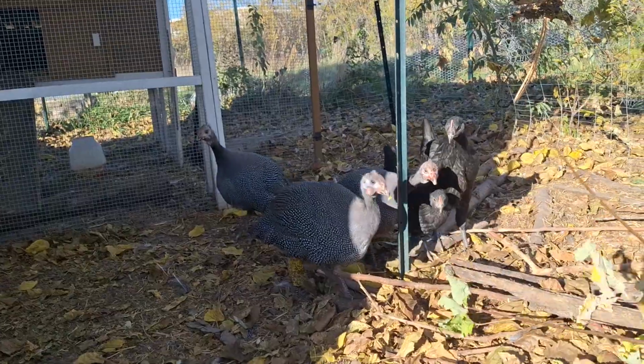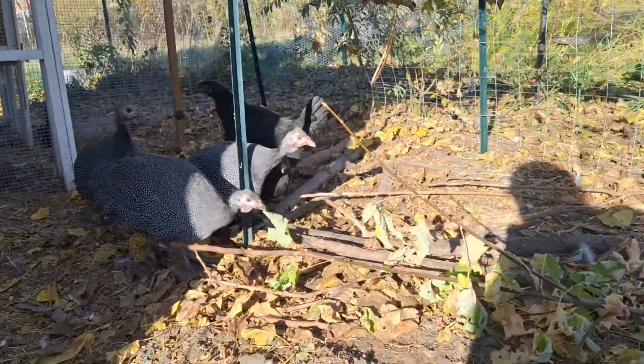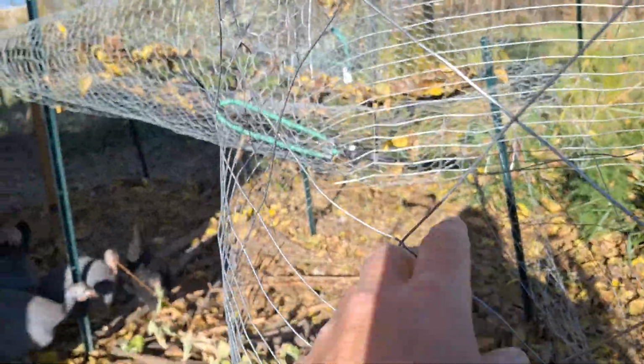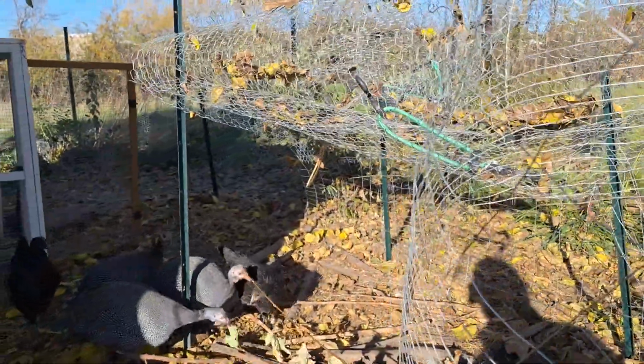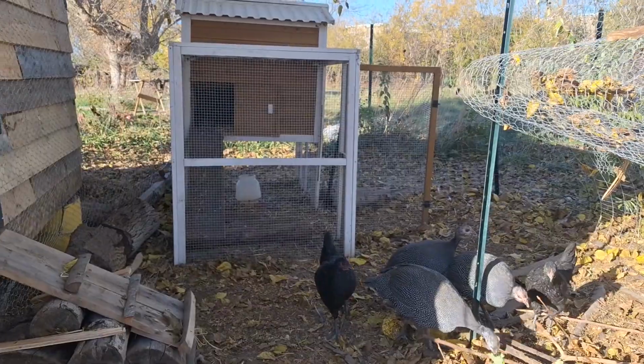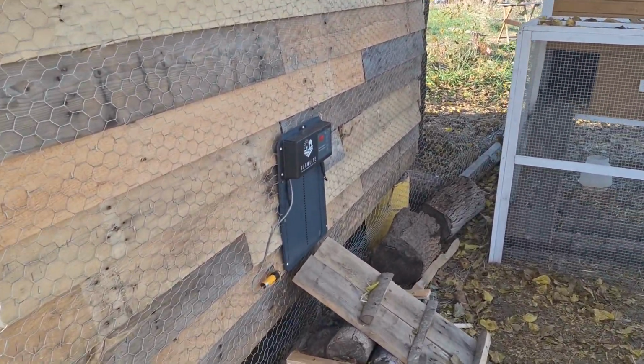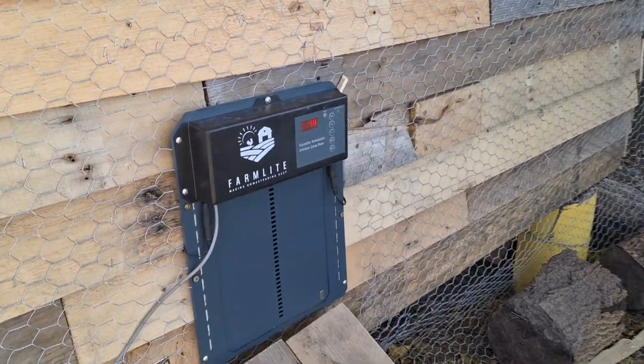I know there's so many leaves and branches, and trees we had to dig up to make room. We'll get all this fencing moved and stuff like that, but I really needed to get them out of that coop. And now that we have our door set up here,